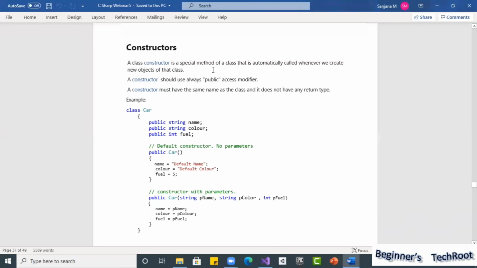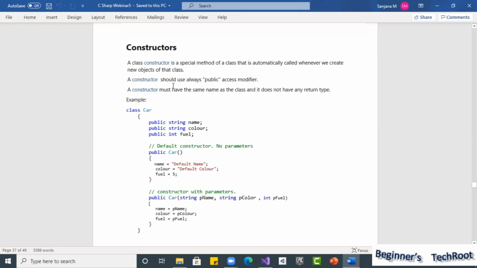Okay, so a constructor is like a method, but it is a special method. Why are we calling it a special method? Because it is called automatically. With every other method, if you want to use it, you have to call it, like the examples we have seen, object dot method. But the constructor, we need not call. The constructor is called automatically when you create an object.